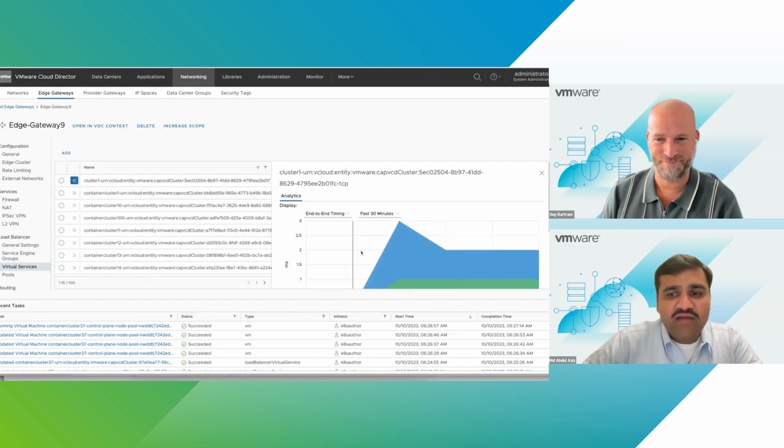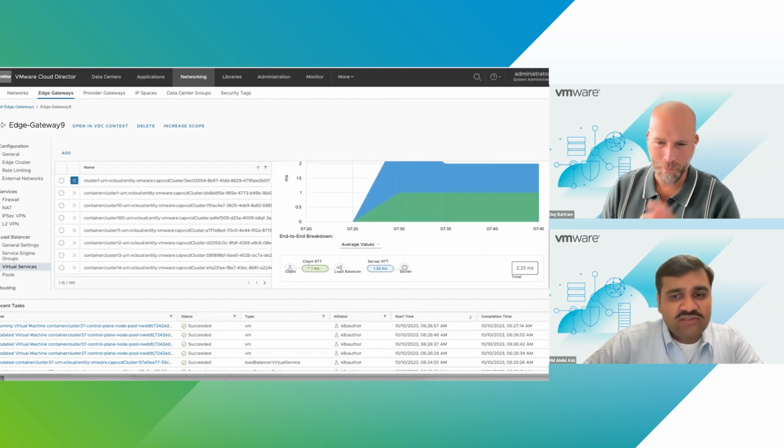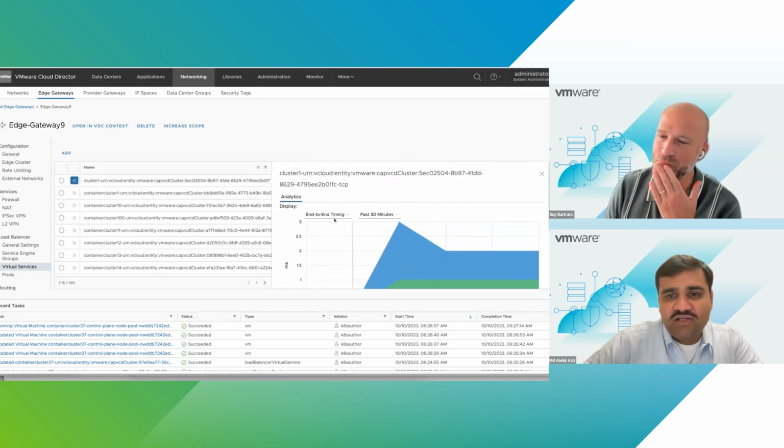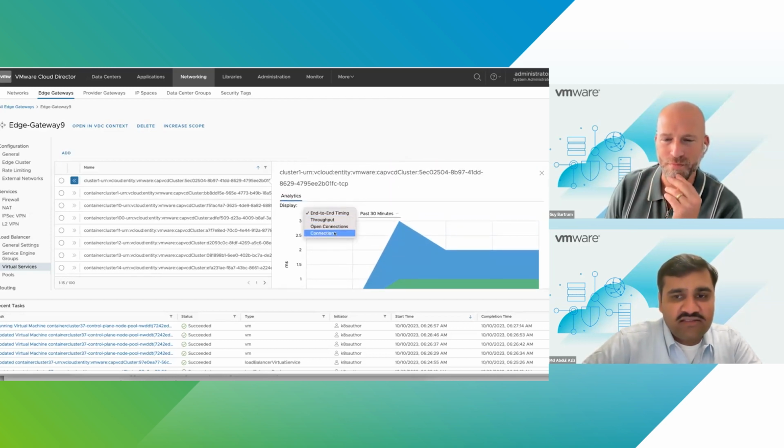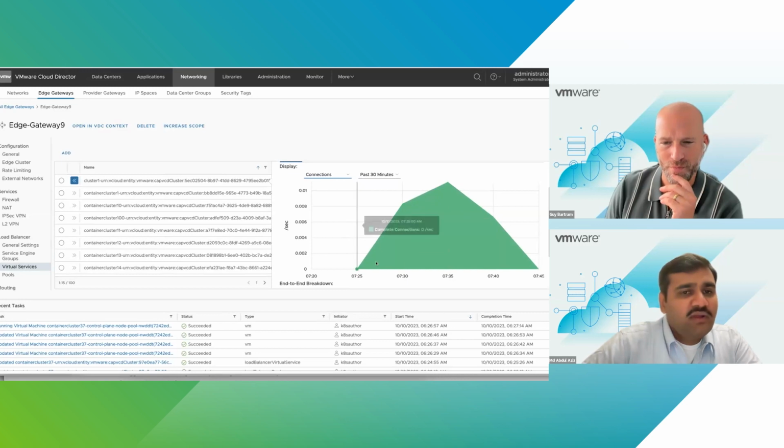So this is what we have in the premium, where we provide you the UI elements of analytics as well. Right, you can see what is the RTT between the clients and servers. And you can see what is the throughput, open connections, and the current existing connections which are happening on this service directly, right? So you get the real-time analytics and metrics on this.